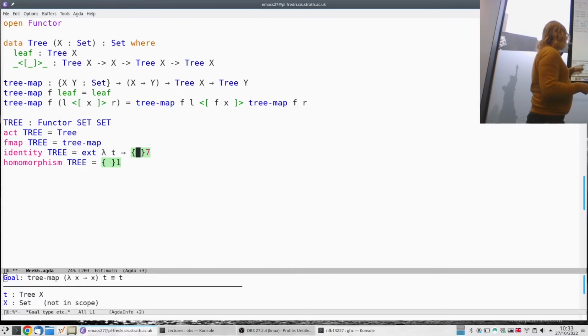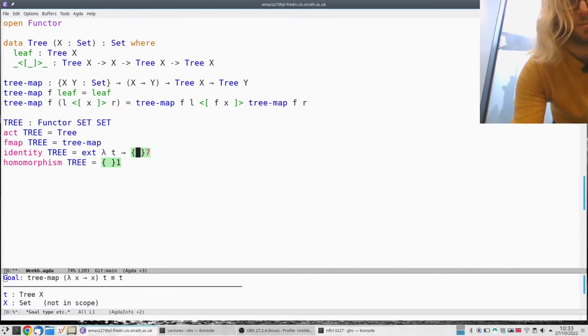So we don't have an equation that talks about this for an arbitrary t. So we have to pattern match on the t. This is what usually happens: you barge in, you realize you have to use extensionality, you get your t, and then you realize you have to pattern match. So what you normally do then is you take one step back,